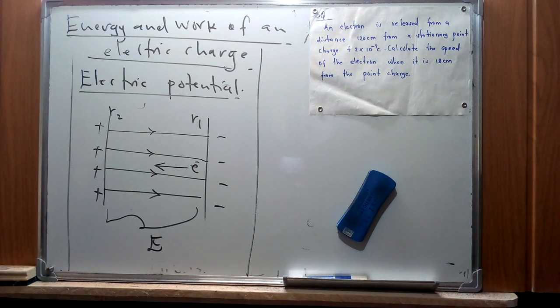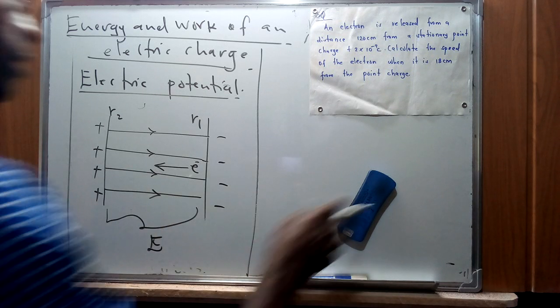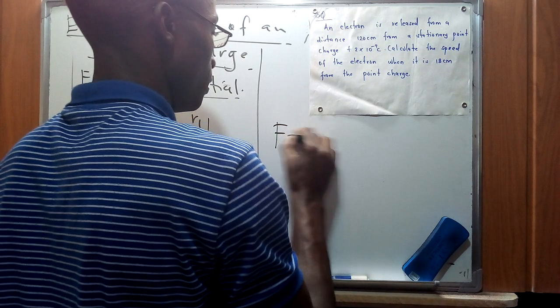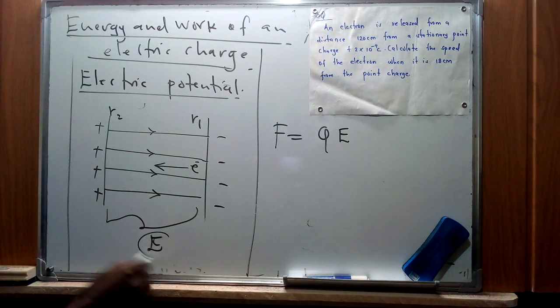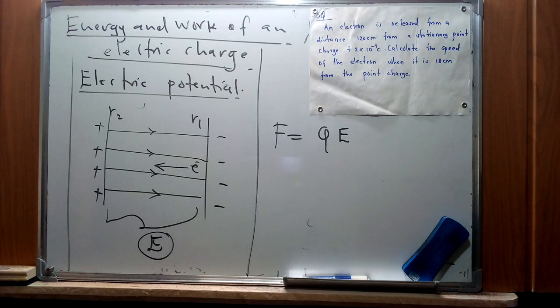So an electron moving in this particular electric field is going to experience a force, which is given as force equals charge times E, whereby we have already defined E, but we are going to see its implications as we move ahead. So in this case, there will be work done on the charge by the field as it moves from point R1 to R2, and this can be given a relationship which can be illustrated as work